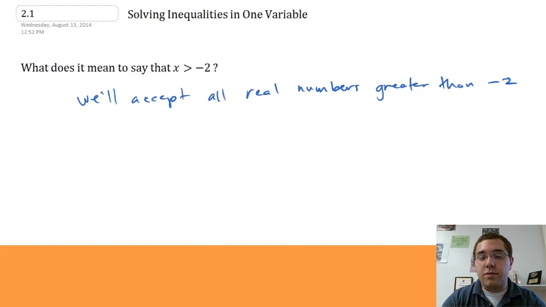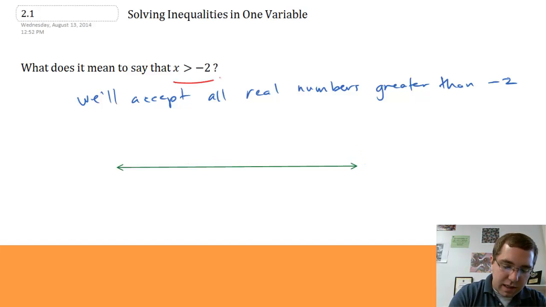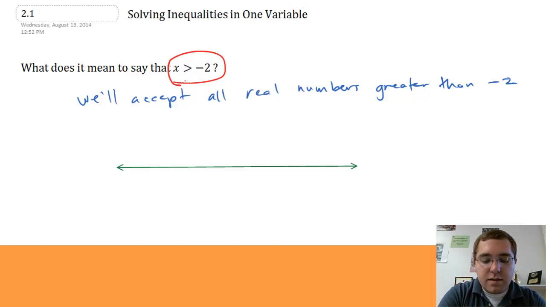Does that mean the first number we'll take is negative 1? No! There are an infinite number of numbers between negative 2 and negative 1, right? Negative 1.5. Negative 1.98753. There's a whole bunch of numbers in there, and we can't forget about those. So how do we represent all of these numbers? Well, we can represent it with this sentence, x is greater than negative 2, with those symbols, or we can represent it with a graph